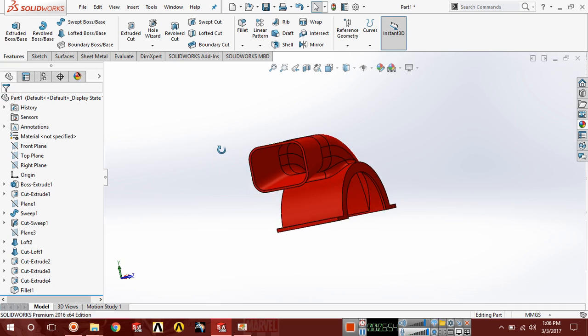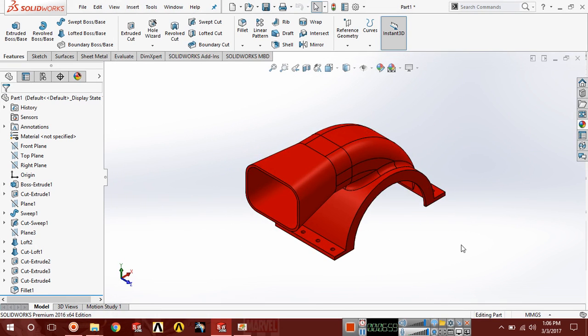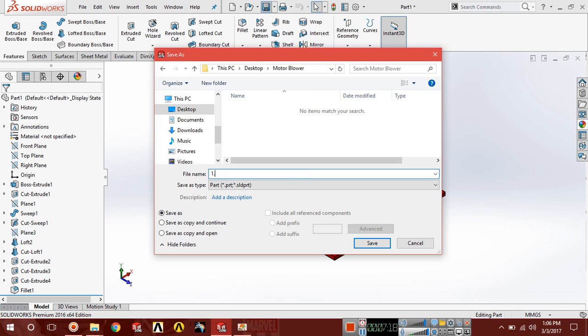Okay, save this. One, first part, upper housing. Save.